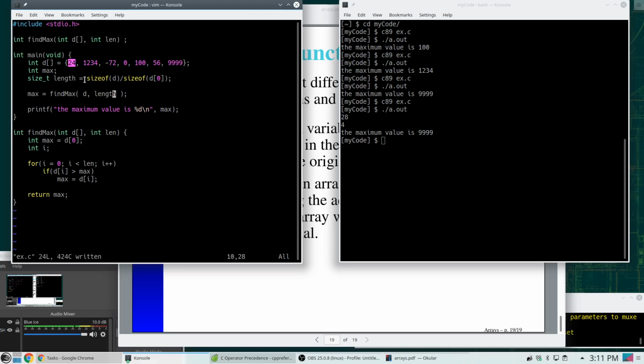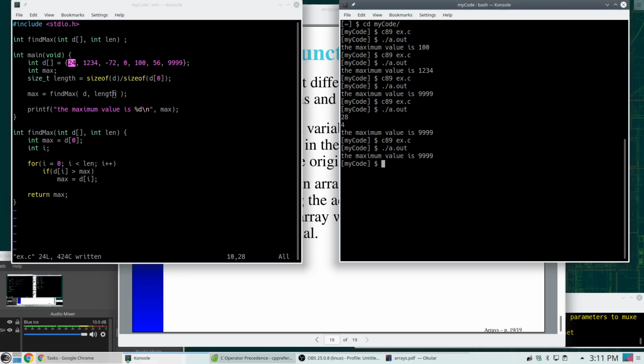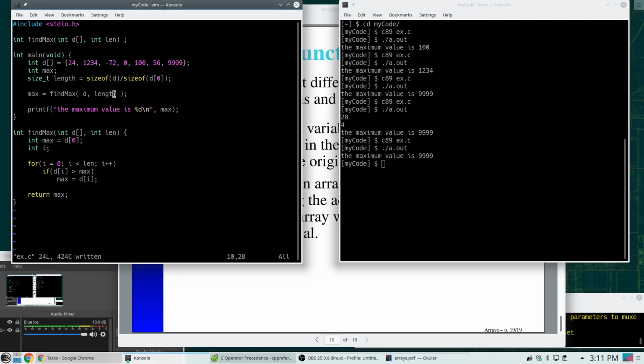And so what this does is take the 28, which is the total amount of memory, and divide it by the amount of memory for each number in the array, which is 4. So 28 divided by 4 tells me there's 7 numbers here. And it works. So now if I want to do something like this,